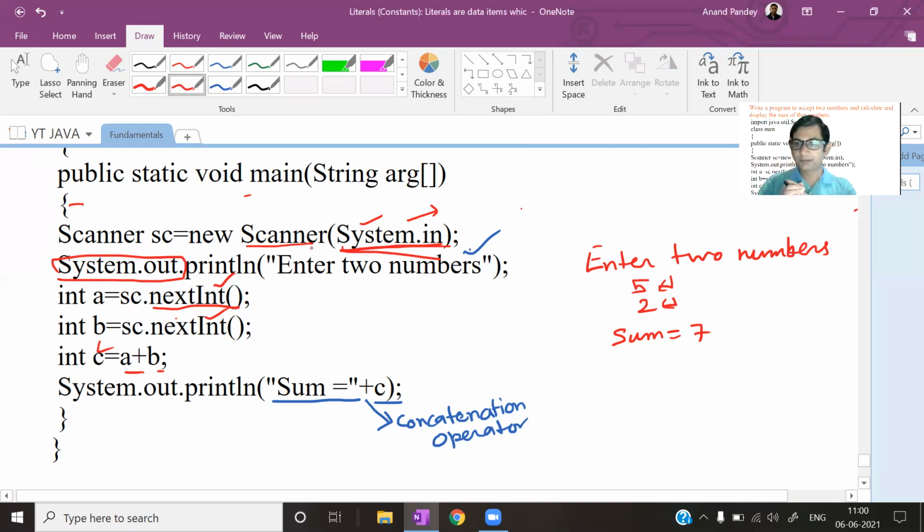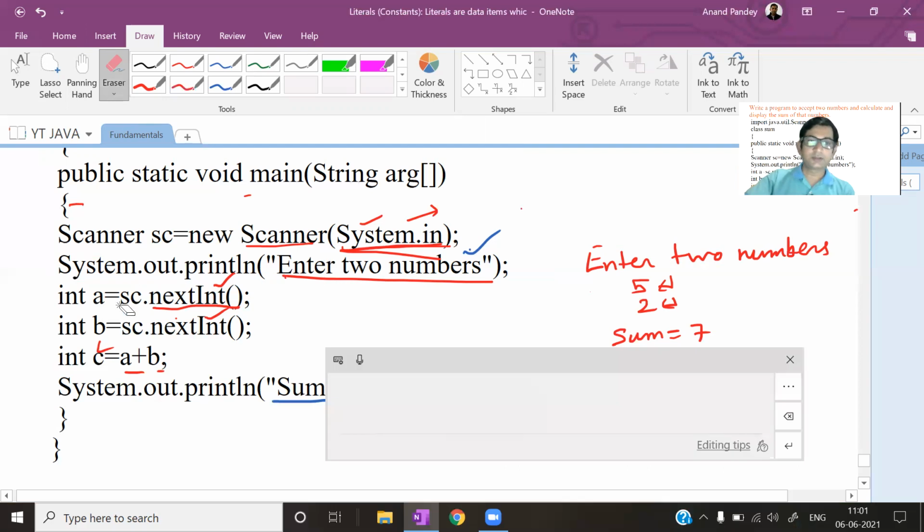System.out connects your program with the output device, means monitor. मतलब कोई भी चीज स्क्रीन पे मॉनिटर पे प्रिंट करनी हो, हम system.out का यूज करते हैं. Please remember this, system.in, system.out.